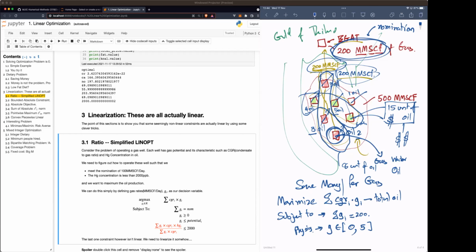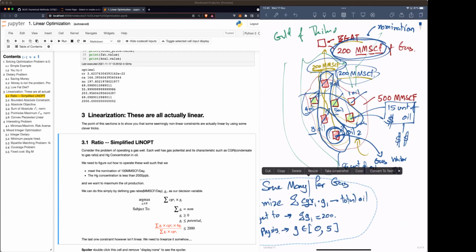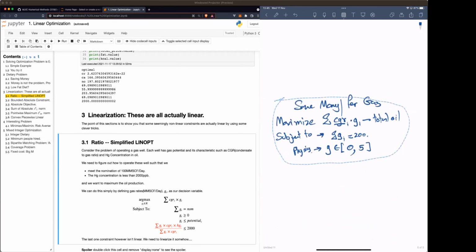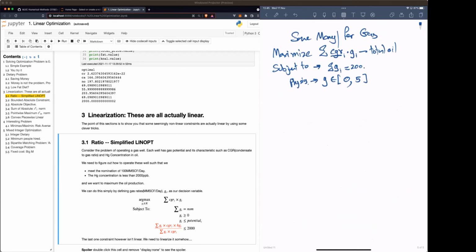Okay. But your life is a little bit harder. Let me tell you, your life is a bit harder because oil in Thailand is of a low quality. Okay, so let me copy this and go to the next page. Oil in Thailand is actually of a low quality. So this is what happens when you produce oil in Thailand. It comes with a lot of